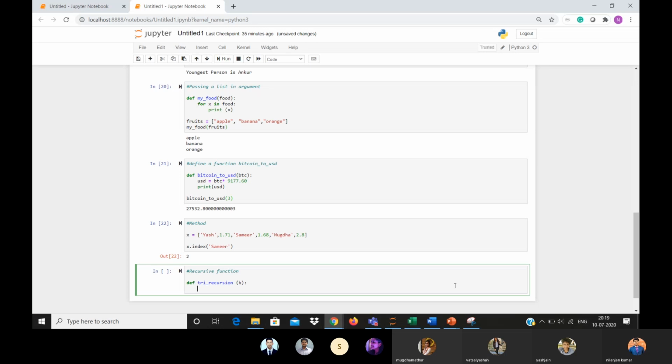Then, let's say if k is greater than 0, result equals k plus the function called again with k minus 1. Print result.